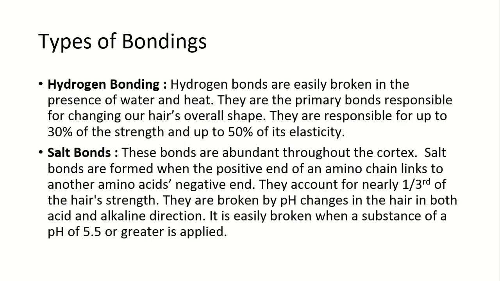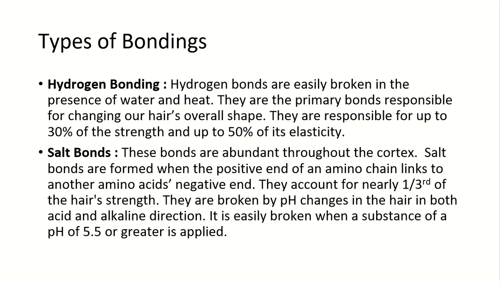Types of bonding. First is hydrogen bonding. Hydrogen bonds are easily broken with water and heat. So these are responsible for the overall shape of the hair and also for 30% of its strength and 50% of its elasticity. As you have observed, when we wash our hair and they are wet, they are straight, and during temporary straightening with heat. So it is the temporary